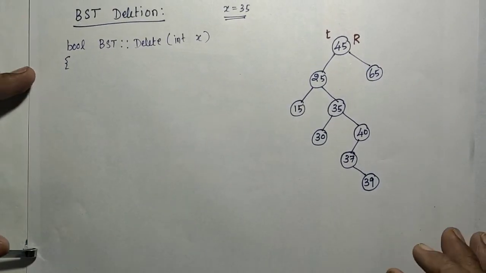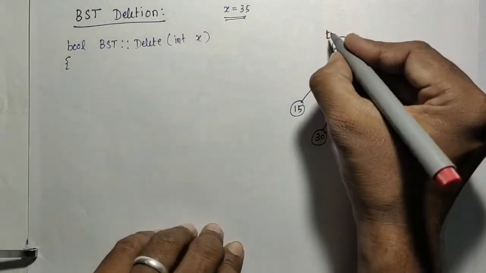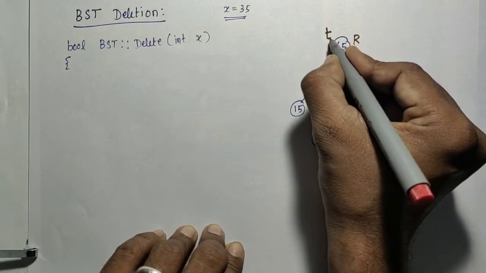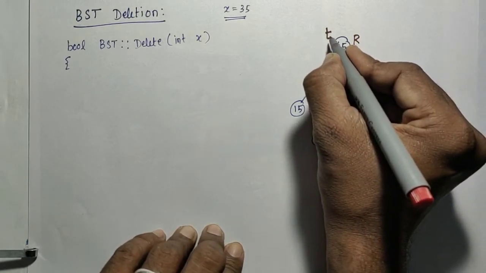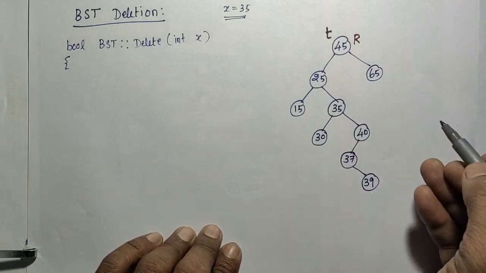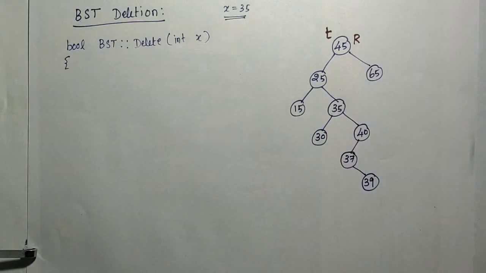In a singly linked list and doubly linked list, for the searching we introduce a t, and the t will be moved in only one direction. When you go for the tree concept, again I need to start the searching from the root, so I need to take a temporary variable t, and the t now can be moved in both directions, either the left side of t or the right side of t, correct? Instead of t equal to t of next, in the tree concept, t equal to t of left or t of right, like that it will be moved.